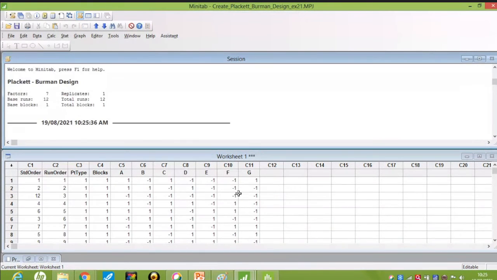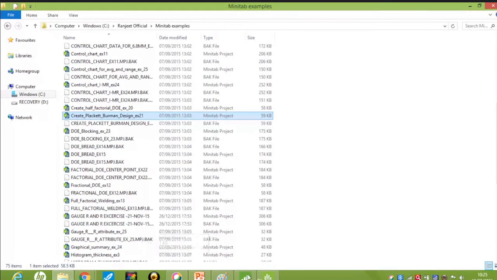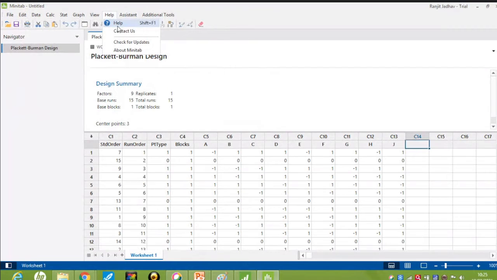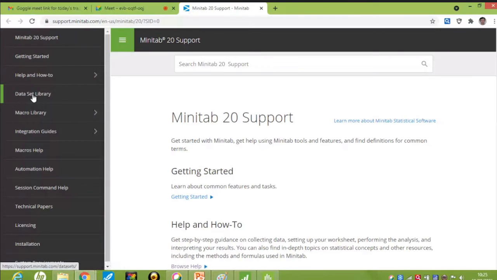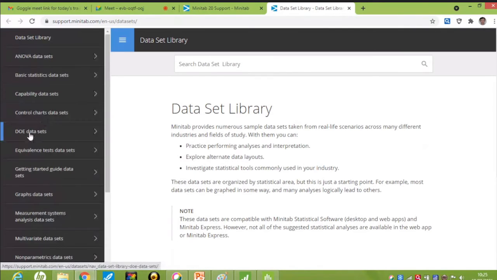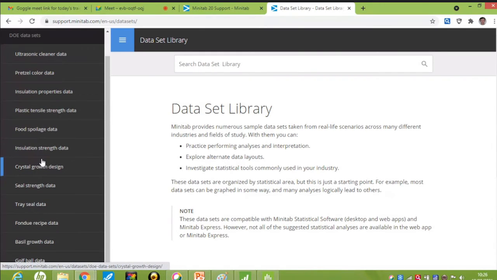This is the same design. Dataset library. Do we have any example on Plackett-Burman? Let me check.